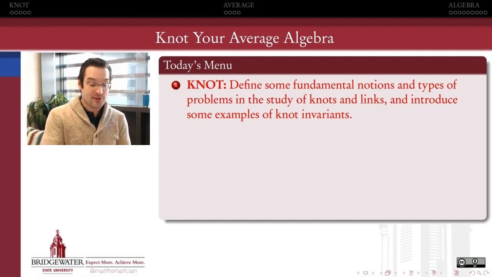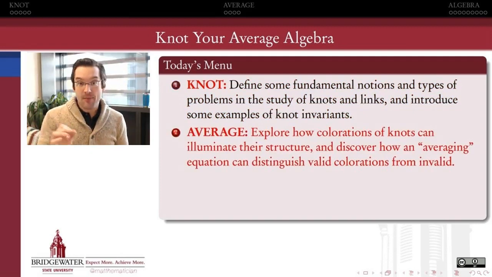We move from knots to averages, and talk about how the process of coloring a knot, assigning colors to the arcs in a knot diagram, can illuminate the structure in a fundamental way that knots have, and we'll discover how a particular averaging equation can help us to distinguish colorations of knots which are valid from colorations of knots which